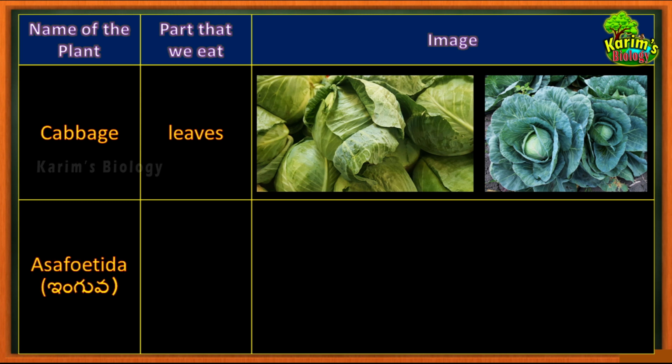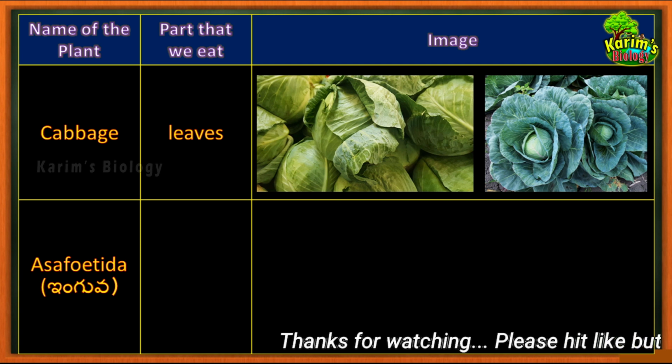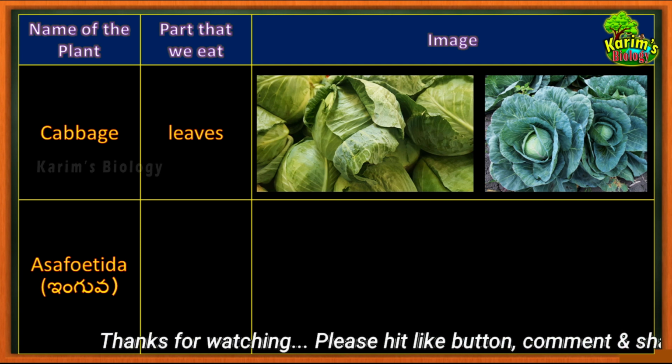So the other food item children is Asafoetida. I think that you know about Asafoetida. What is the Telugu name for Asafoetida? In Telugu we call it Ingua. Okay, and this is not used in most of the dishes. Only while preparing some of the dishes this Asafoetida will be used, especially when your mom prepares lentils. Not only that, most people use Asafoetida as a simulation for the flavor of meat, onions and ginger. Okay, so that's about Ingua.